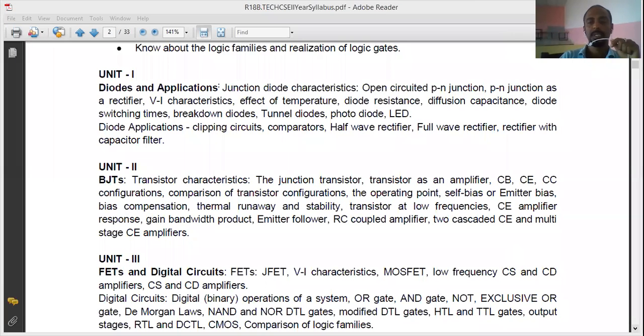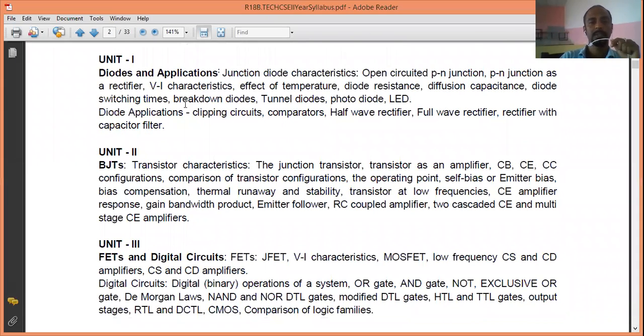Next, so these are all analog electronics. In analog electronics you are dealing with voltage, how devices behave with temperature, how they vary, how they are affected, and how you make them work as an amplifier. All that you study here in analog electronics. So this much is analog electronics. Actually, there's much more to study, but your syllabus is restricted to only this much. This is a basic understanding of analog electronics.